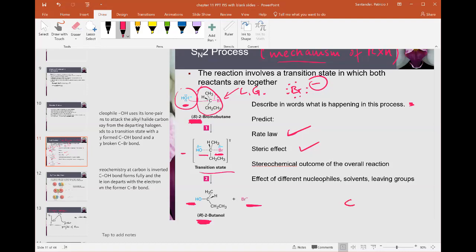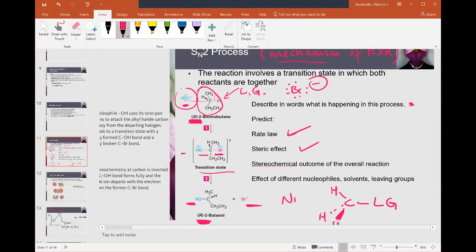And so if I have only hydrogen atoms, then the reaction will proceed easier, right? So I have my leaving group here, and the nucleophile is attacking from this side. If I have small things here, just hydrogens, the approach will be easy. But if instead of hydrogens I have tert-butyl groups, forget it. That reaction will never happen because the approach of the nucleophile to that carbon will be virtually impossible. Okay, I will stop here and we can